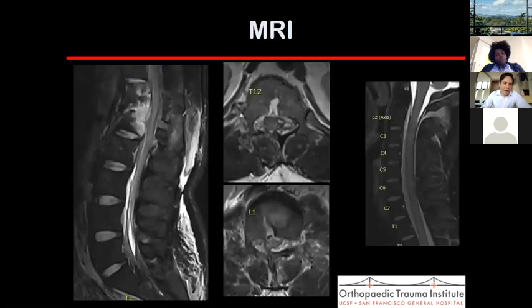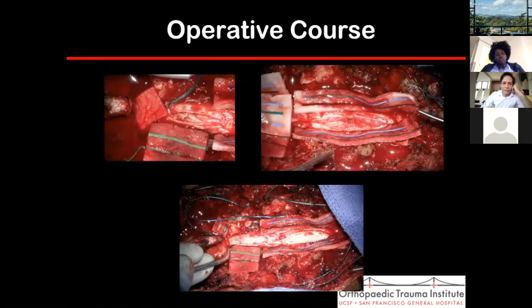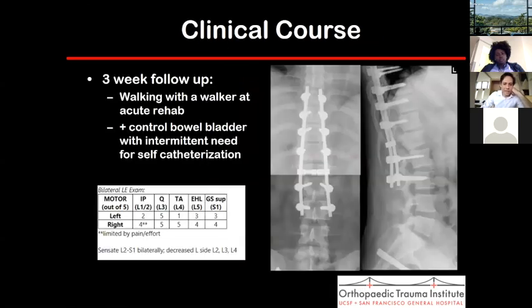In terms of the MRI, a lot of times the dura is disrupted. You might have incarcerated nerve roots. And so when we opened this guy up, we had a pretty large traumatic dural tear that we subsequently repaired. And these again are highly unstable fractures that a lot of times will span more than one level. These are usually long constructs